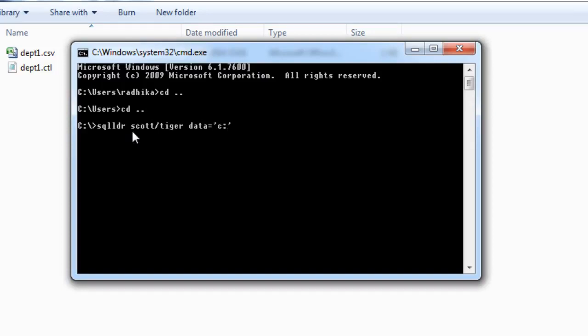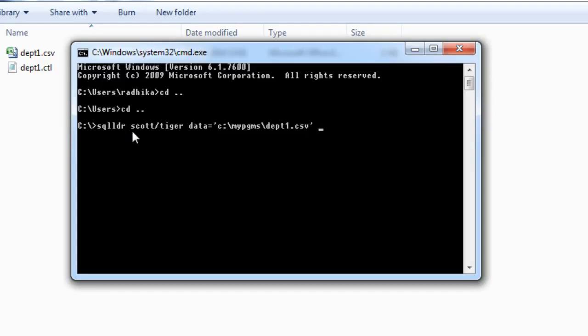So I'm going to say C colon, then backslash, then it was in my programs, then slash, then the file name, it was department1.csv.